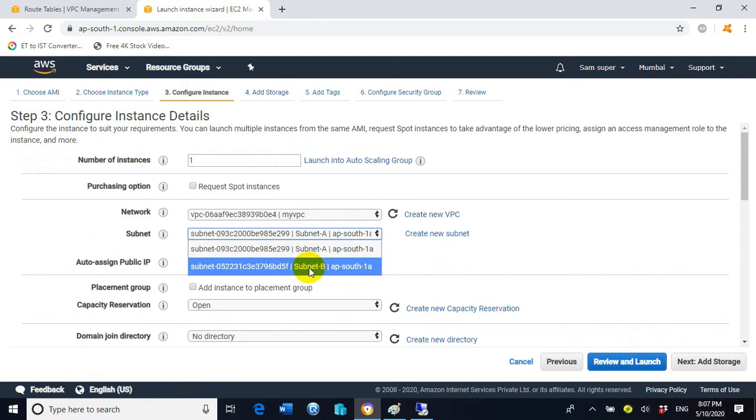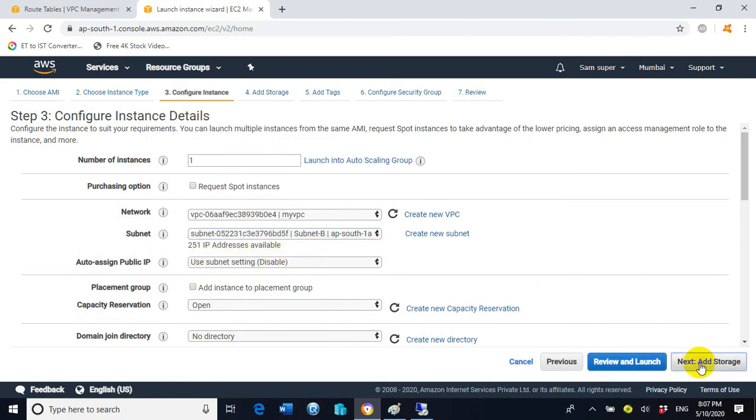Instead of choosing subnet B, I chose subnet A. So select subnet B. Here leave it as disabled auto-assign public IP, because this EC2 instance should not be accessible from the internet. With the help of this step, this EC2 instance will not get a public IP address.